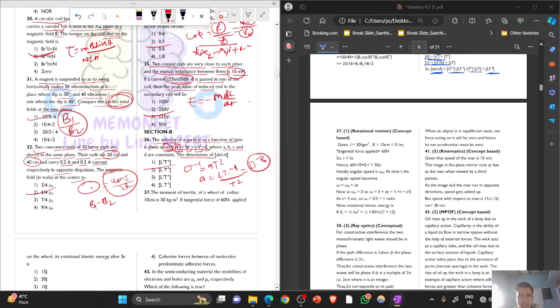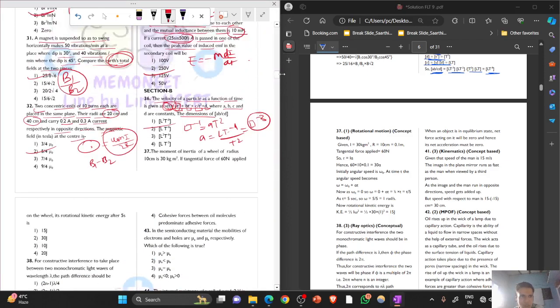Now moving ahead, next question. The moment of inertia of a wheel of radius, this is it now. If the tangential force is applied on the wheel, it is asking about the rotational kinetic energy. Rotational kinetic energy will be half I omega square. You know I. We just need to calculate the omega at t equals to